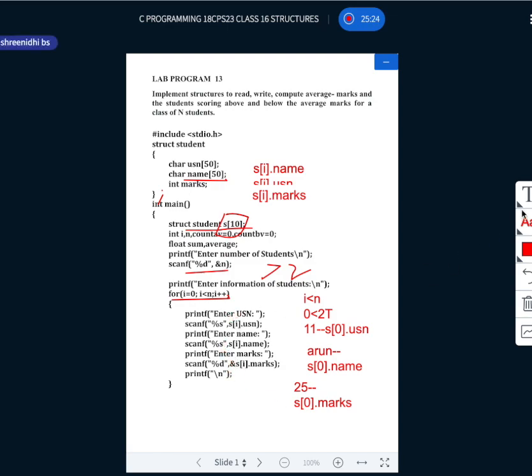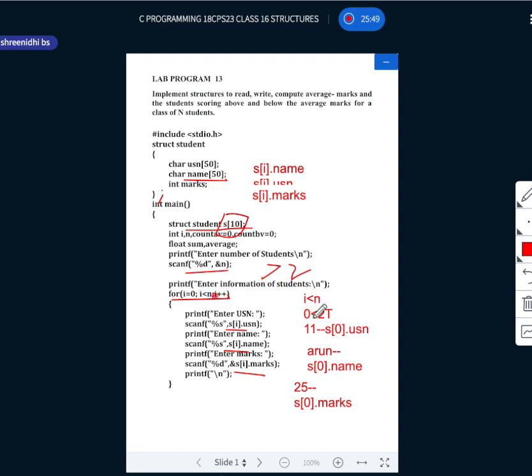See here, an important thing everyone should know. When you write the program, many of them have made a mistake. Whenever we are using percentages for strings, we never put an ampersand symbol. Other than that, we use an ampersand symbol. It's similar to your normal scanf. This scanf is used to read the input from the keyboard. So these three will be the input for your i is equal to 0.